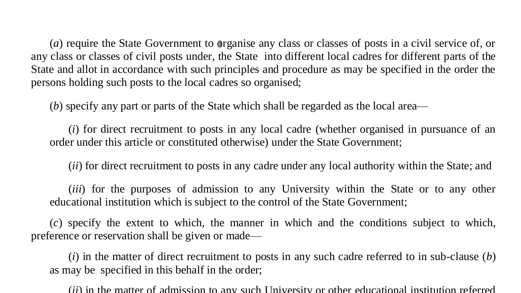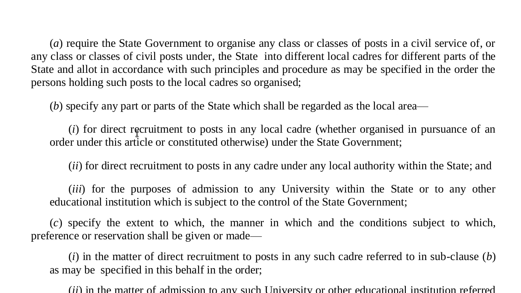A. Require the state government to organize any class or classes of posts in a civil service of, or any class or classes of civil posts under, the state into different local cadres for different parts of the state and allot, in accordance with such principles and procedure as may be specified in the order, the persons holding such posts to the local cadres so organized. B. Specify any part or parts of the state which shall be regarded as the local area